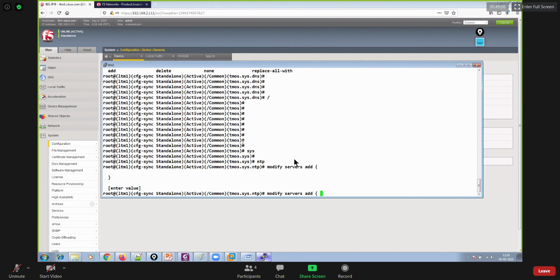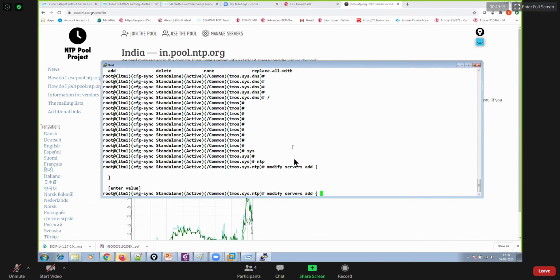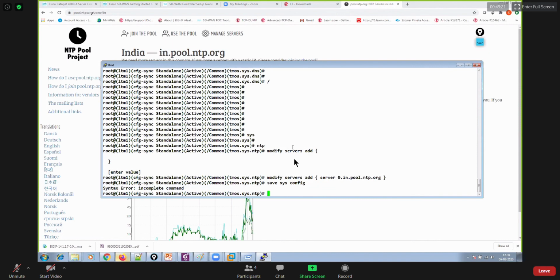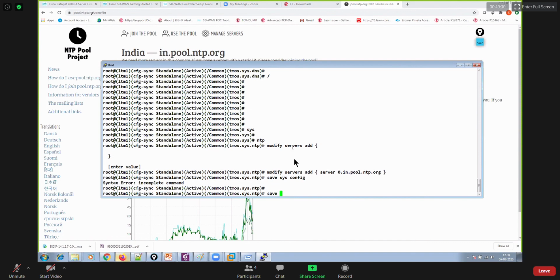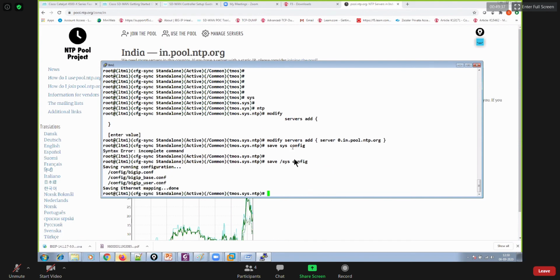and you could just do the copy paste. Bracket close, enter. Now if you say save sys config, this command will not be executed. Incomplete command, right? In case you are already inside some other tab or module and you want to save your config, then say save backslash sys config like this. It's like the do command in Cisco. So that's how you would do it.